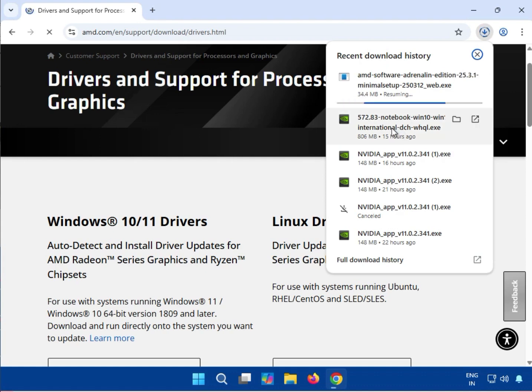Suppose you have NVIDIA, this is an online or offline setup. It's just when completed your